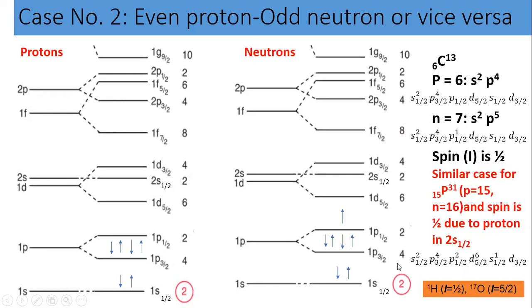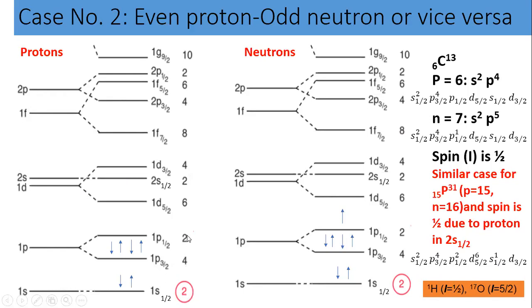So this is another way to fill up the protons: 2 are filled up in S 1/2, 4 are filled up in P 3/2, then 2 are filled up in P 1/2, and 6 are filled up in D 5/2, because the maximum capacity to hold the protons is 6, and then the next proton will move to the S 1/2. So total there are